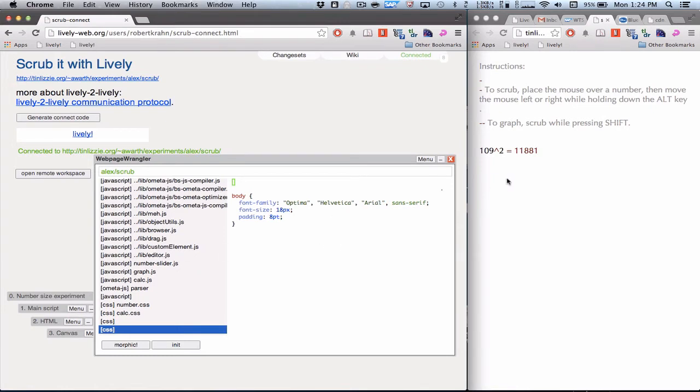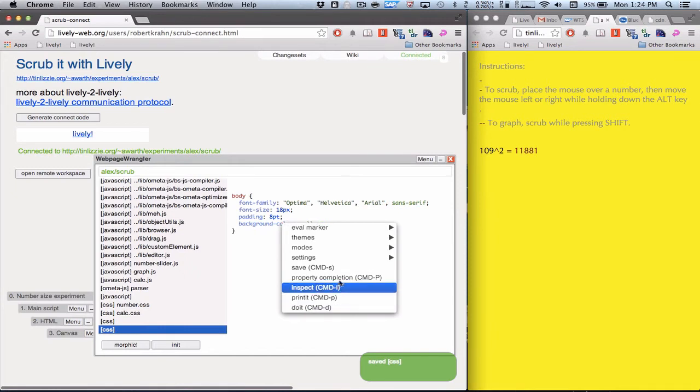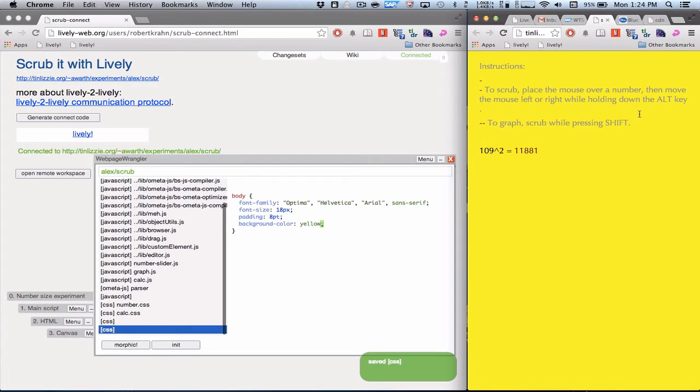So in order to change things, I'm able to directly go into these code parts and enter, for example, different styling here. So let's extend the CSS definition by a background color yellow. And when I save it, I'm hitting Command S for saving it, these changes will directly be applied on that page over here. Okay,